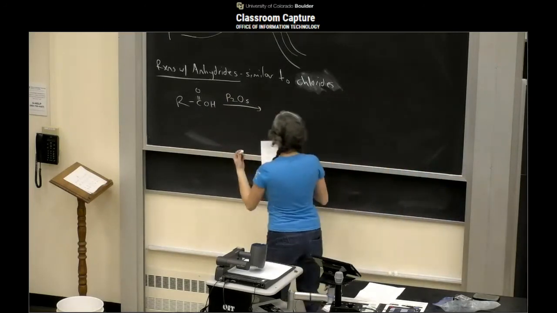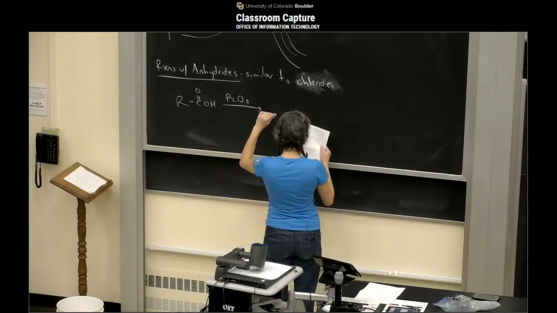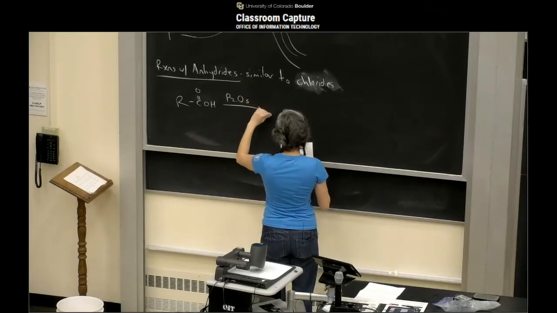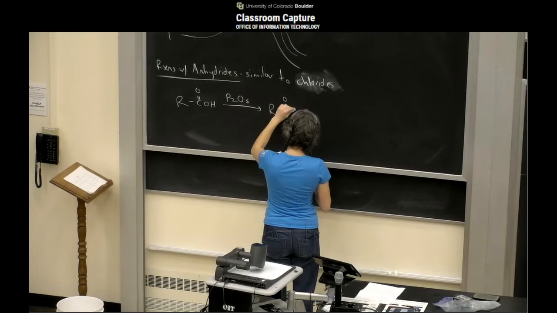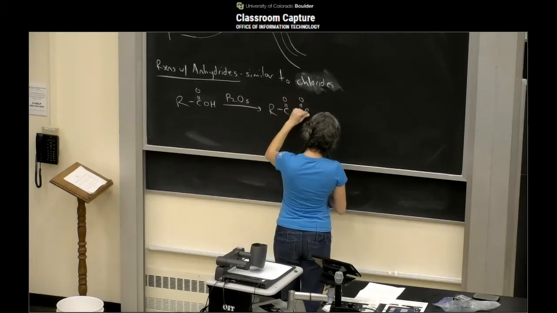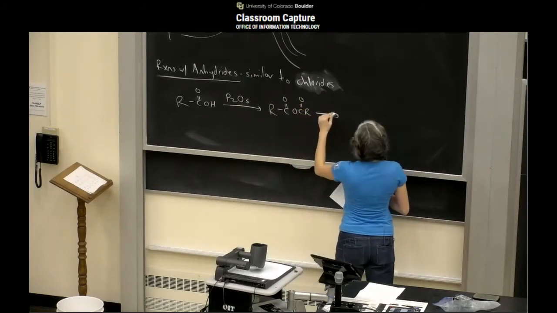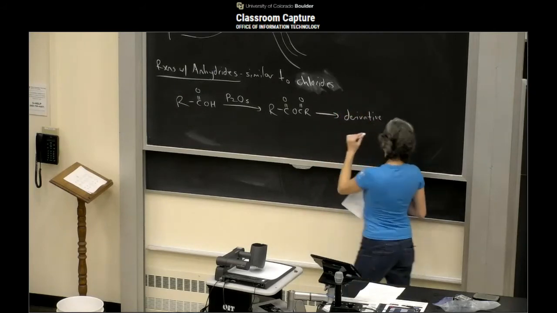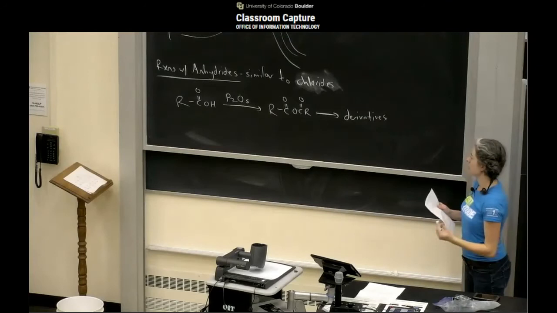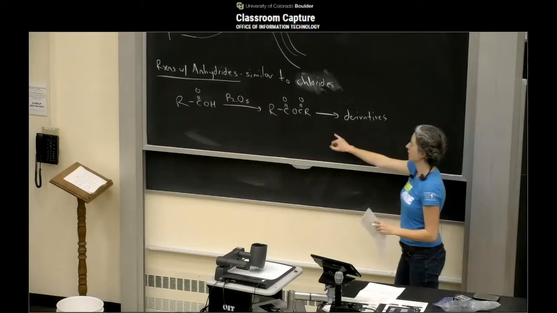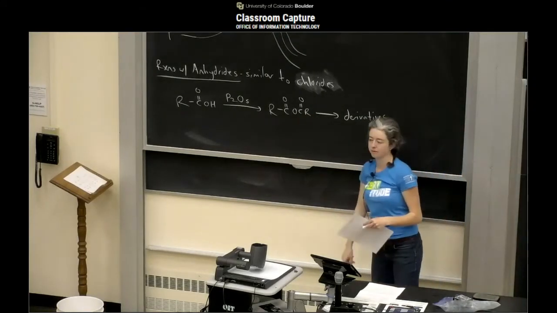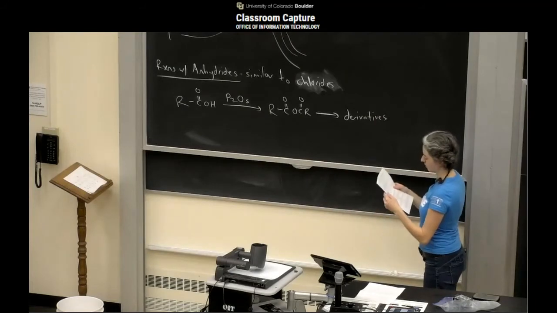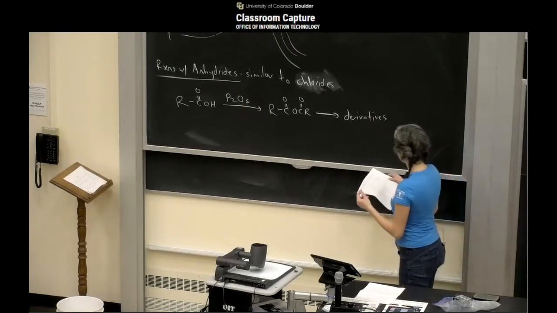P2O5 is probably the easiest one to remember. And then you get the anhydride, and from there, get the other derivatives that you want. You pretty much just have to bring in something that looks like the other half of whatever derivative you're trying to make, and it should work okay. So examples are: